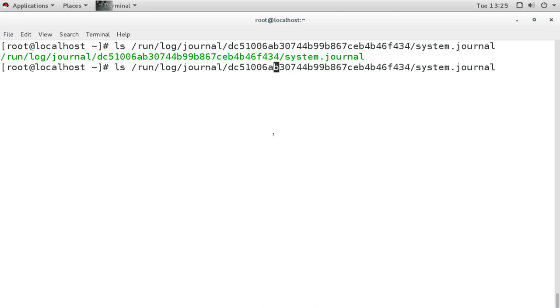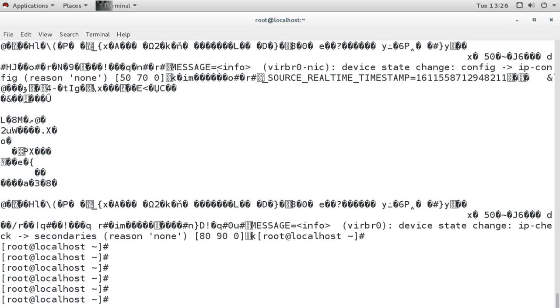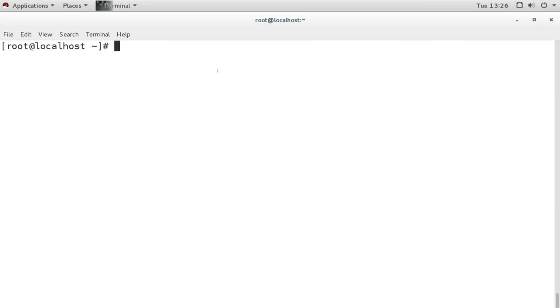Now if you see this file, you will see all the logs, but you see what is the color of the file? It is actually green. So this file is a binary file. If I try to check the file, it looks like this, because it is a binary file, so we are not able to read it like this, and that is why we use the journalctl command to check the logs inside that file.